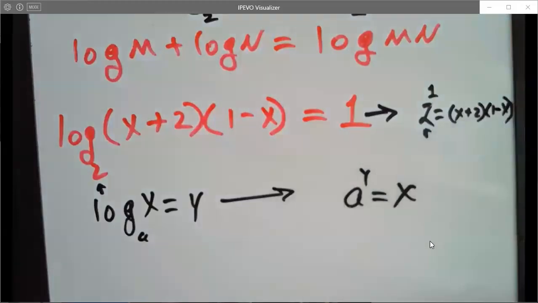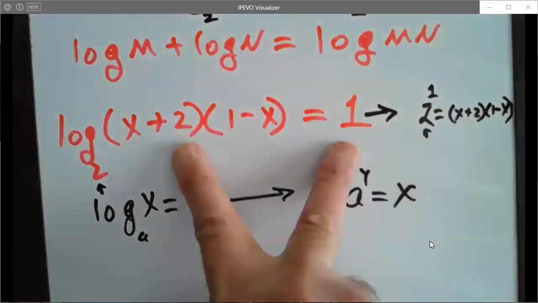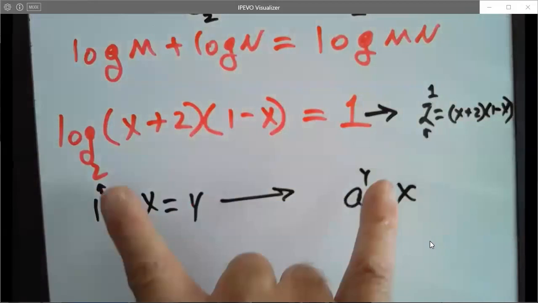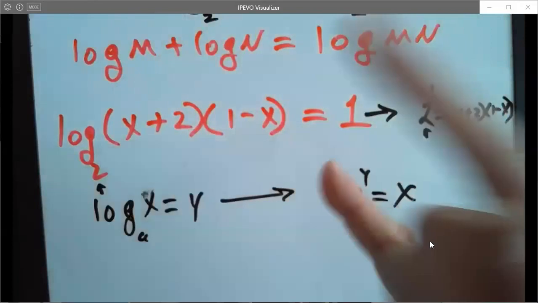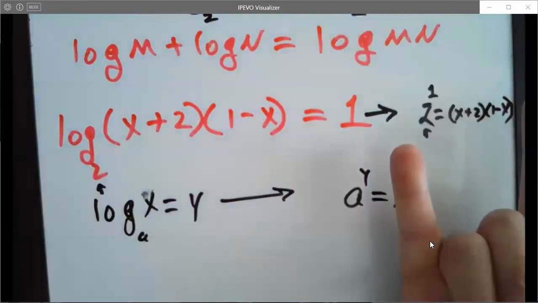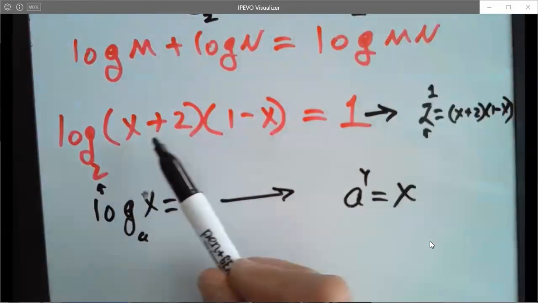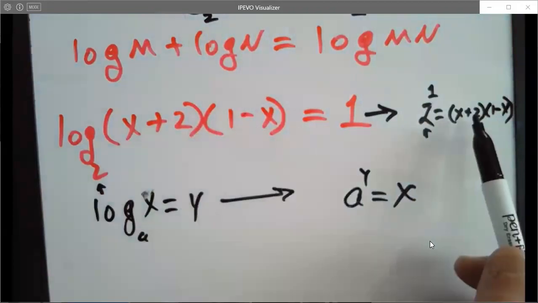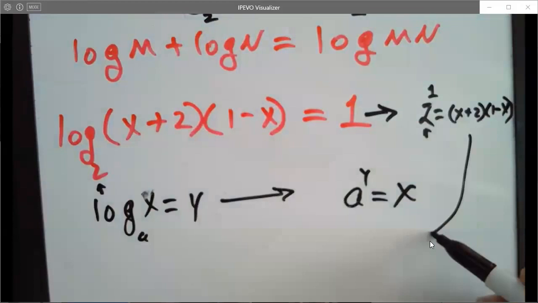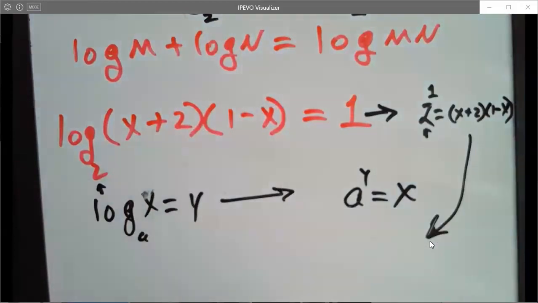Okay, so we took these two parts and we switched. We looked at our base for our logarithm first, and then we took these two parts and switched them. So now the unknown variable is outside of the logarithm, and we can solve for that. Okay, so this is just going to be 2 equals 2x plus 2